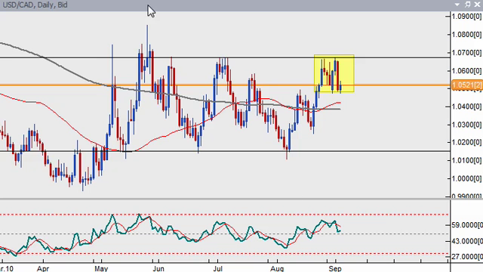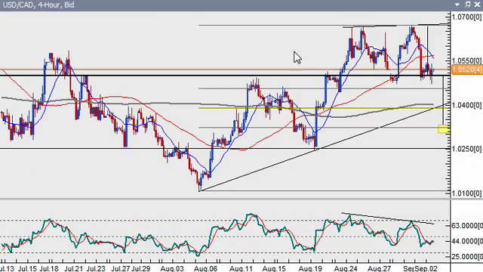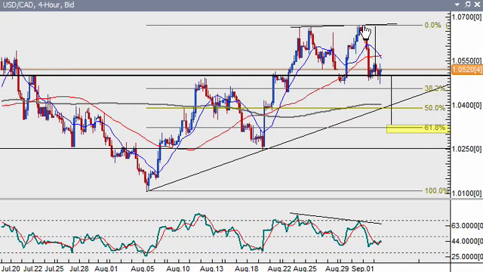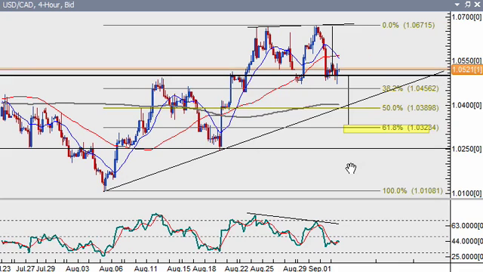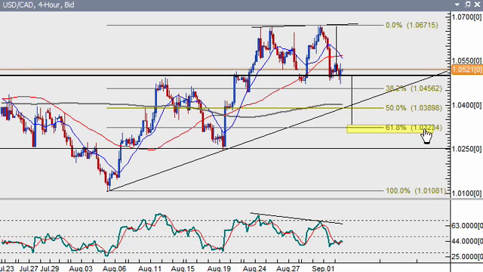Finally, let's take a look at the US dollar Canadian dollar pair, which could not break resistance here above at 1.0670, but it also couldn't break below support here at 1.05, so it's forming a consolidation, a ranging pattern in the short term. When you look at the 4-hour time frame, you see this more clearly. So if the market breaks below 1.05, it's a double top with a minimal target towards